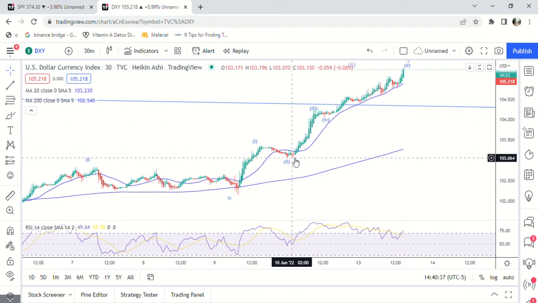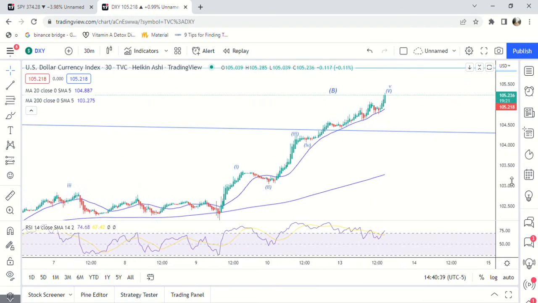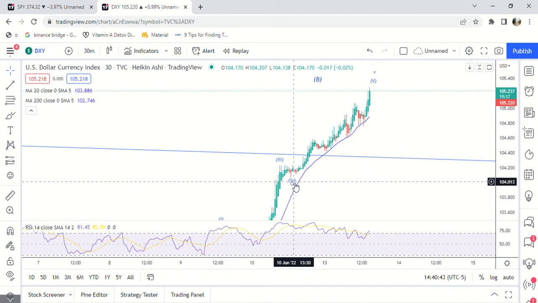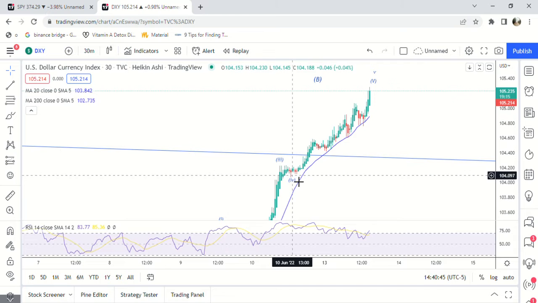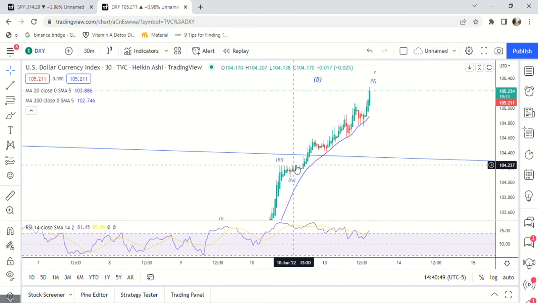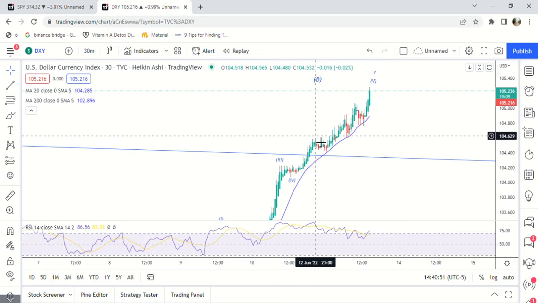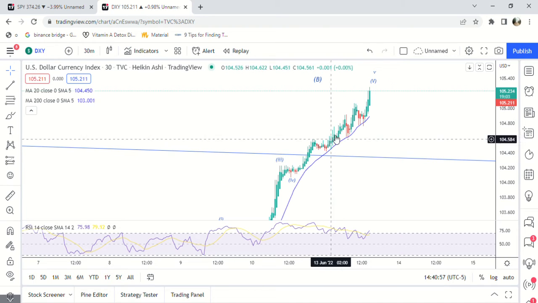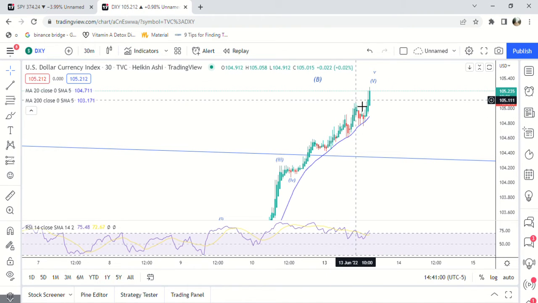So 1, 2, 3, 4. And then this fifth wave, I think it's probably most likely going to be 1, 2, 3, 4. And then 1, 2, hold on, 1, 2, 3, 4, 5, 3.